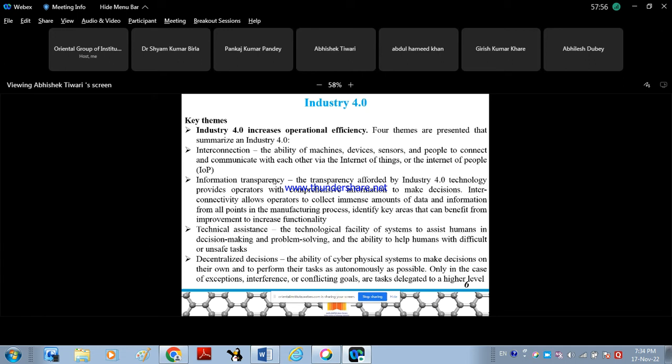In fact, nowadays you can buy cleaning devices which can automatically operate and go to every corner of the room, and it can clean easily. And Alexa is one of the examples of AI, and these things are very very important in the current scenario.